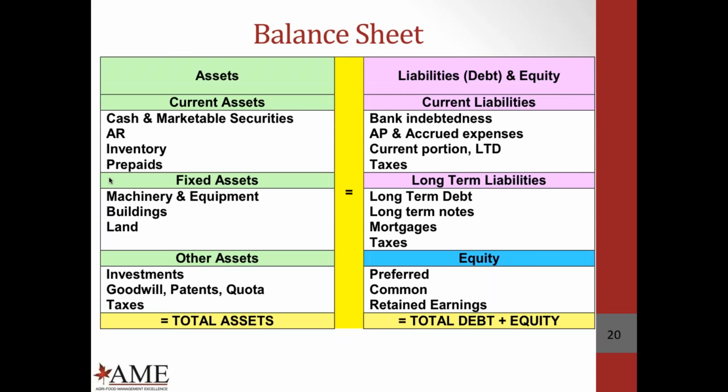And maybe this is obvious to everybody, but back up on the fixed assets, if you have one set of machinery and equipment, its value this year will be whatever it was last year minus its depreciation. The same with buildings. So if you don't add to them over time, your machinery, equipment, and buildings are going to be going down in value because of depreciation. I use depreciation. Accountants screw it up by talking about